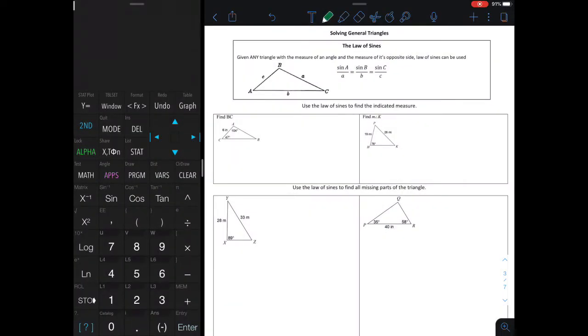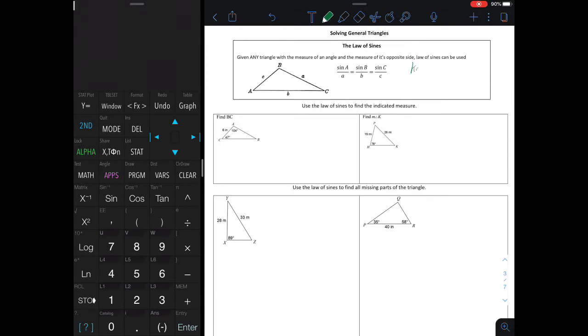All right, so in this video, we're going to look at solving general triangles, which means that I don't necessarily have a right angle, and I have to look for a different approach in order to find missing information. And in this video, we're going to focus on the application of law of sines. Now, law of sines can be used anytime you have the measure of a known angle